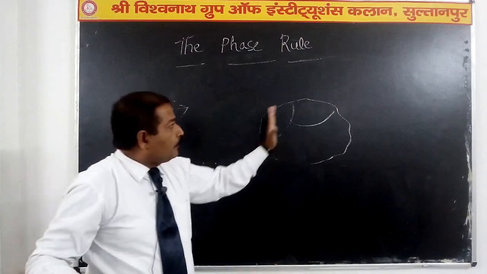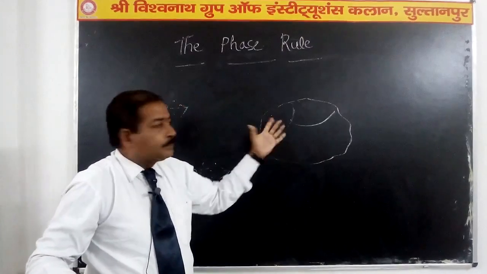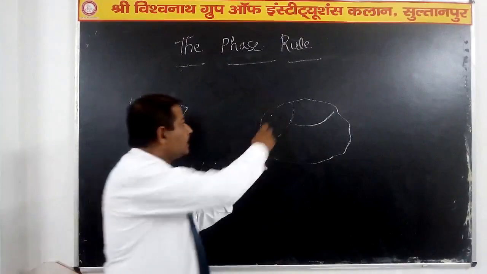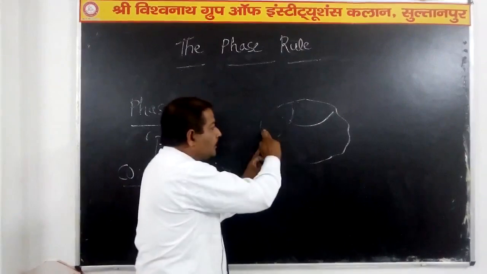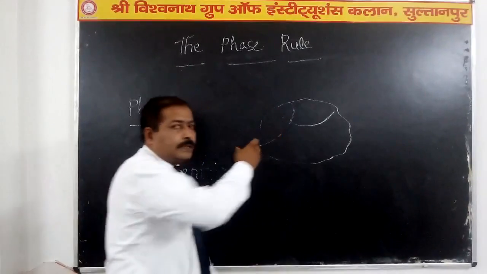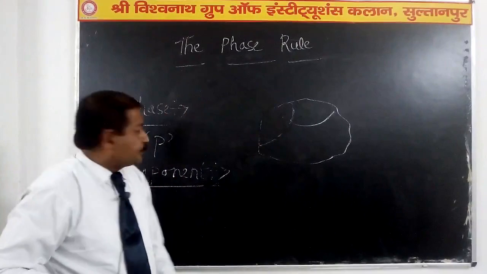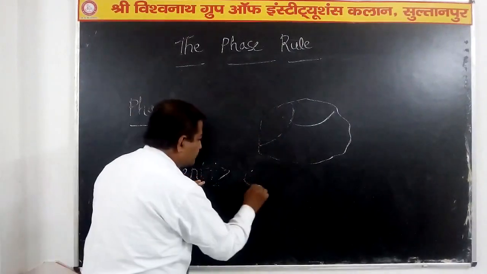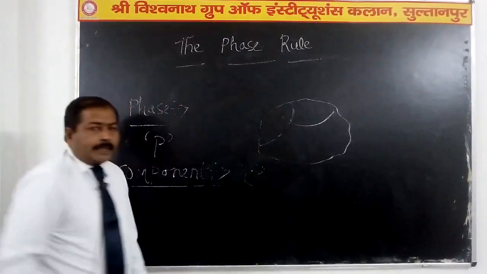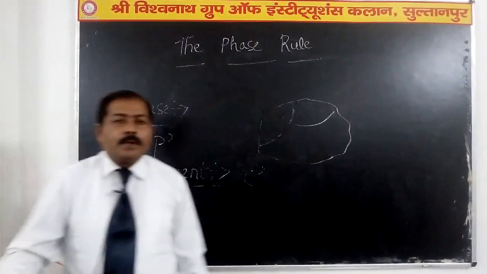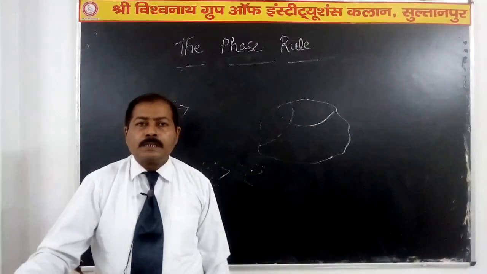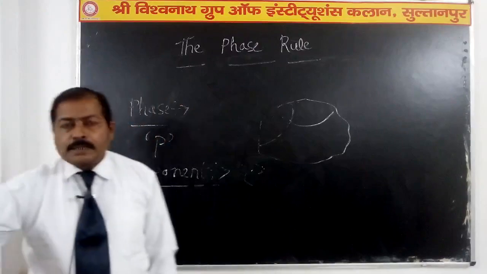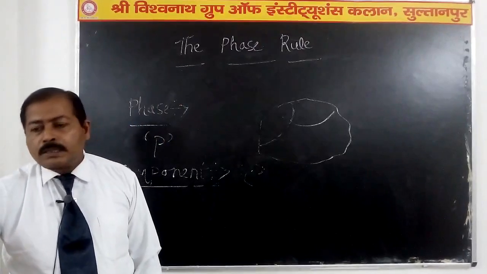Means to say, if we take any single part and want to study the phase behavior, then this particular part, that is the phase, can be described with the help of the term component. The mathematical symbol for the component is C. The examples of the component are the water system, sulfur system, etc. Let us take one by one. The first one, the water system.